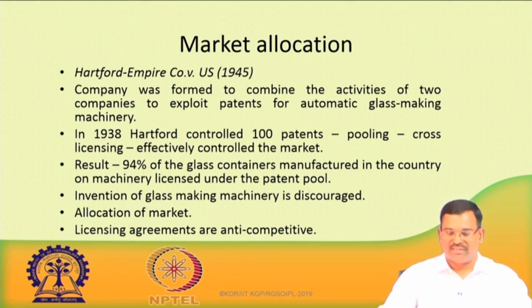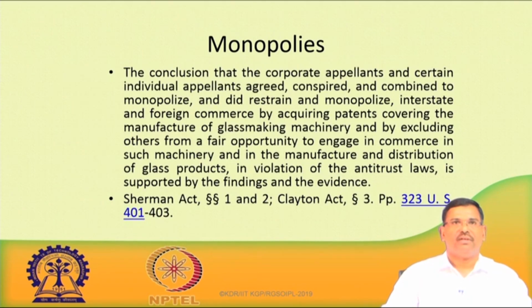These are the issues the court looked into. The court came very clearly to the conclusion that the individual appellants agreed, conspired, and combined together to monopolize and restrain interstate trade and also foreign commerce